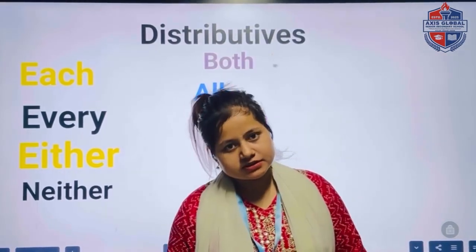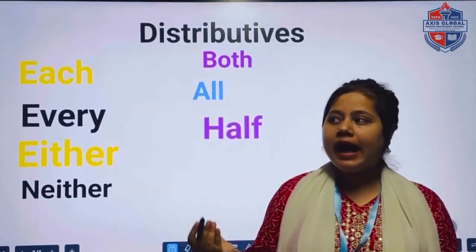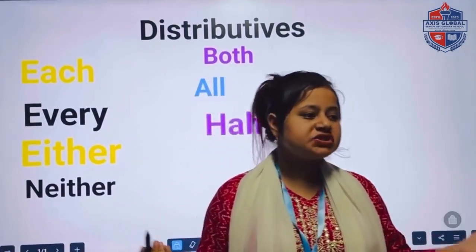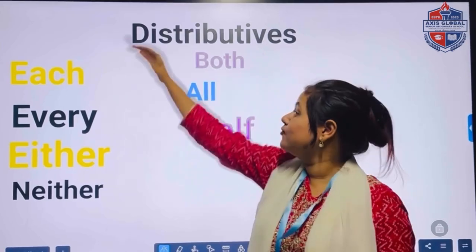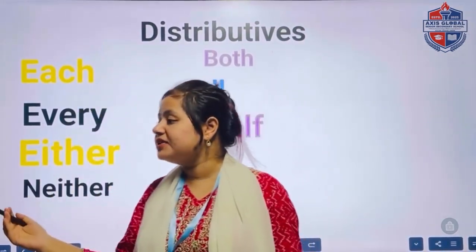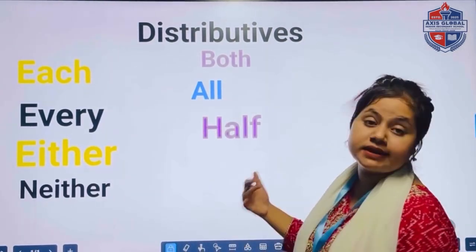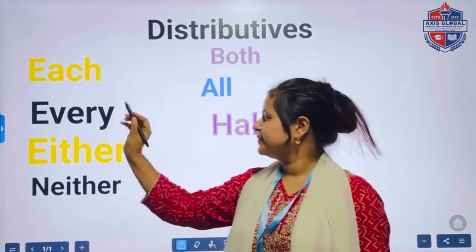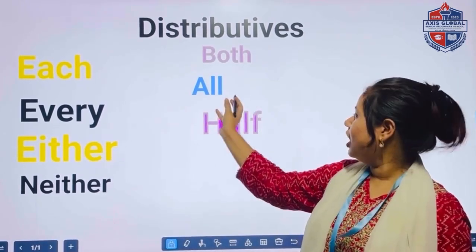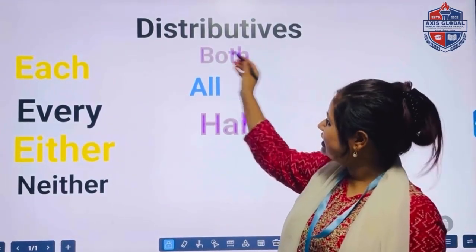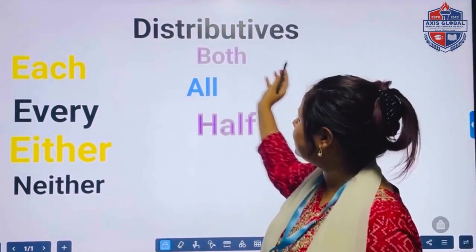Called distributives. Distributives are the words which show us how something is shared, distributed or divided. I repeat, distributives are the words which show us how something is divided, distributed or shared. Alright? Now what are those words? Each, every, either, neither, both, all, half. All these words are used to show something is shared or divided or distributed, and that's why they are called